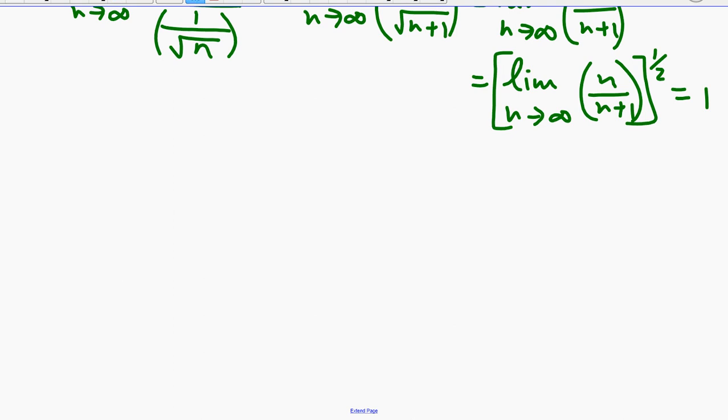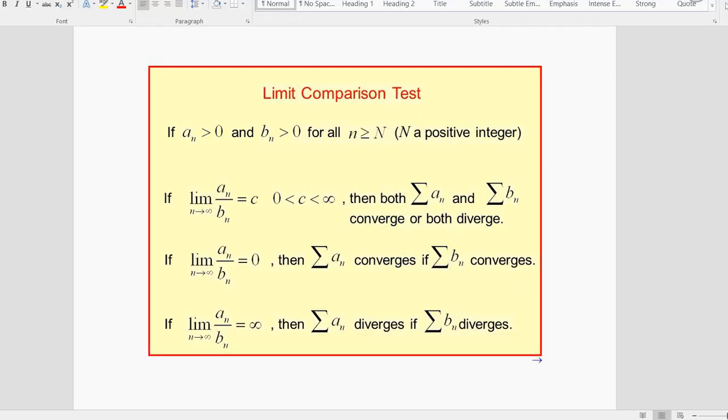So now that we have that, they have to have the same behavior. Remember, we talked about limit comparison test. If the limit of these two series, a sub n over b sub n, is equal to c, where c is between 0 and infinity, then both of the series converge or diverge. Now,